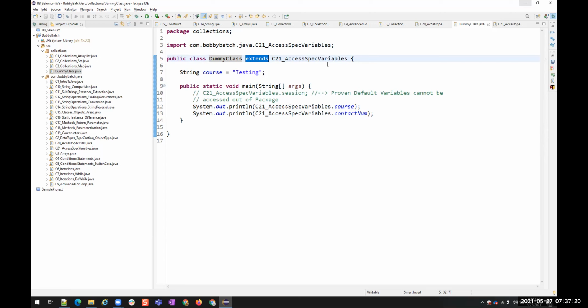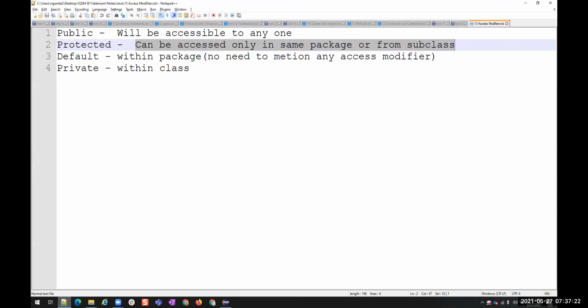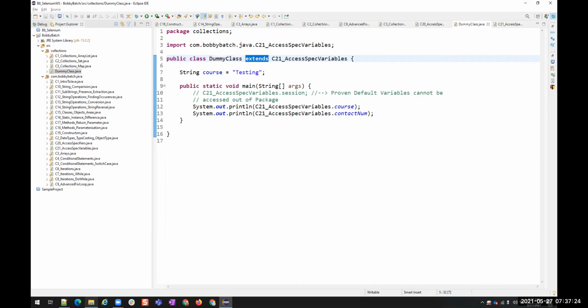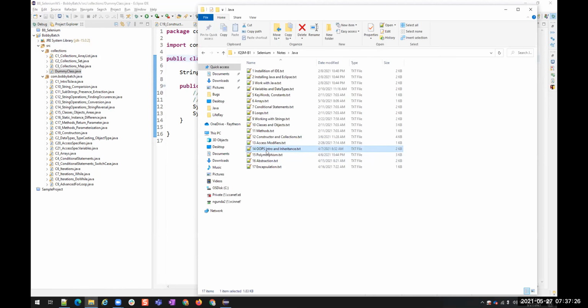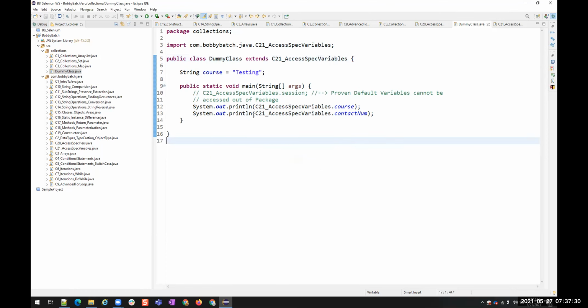Okay. We have the next topic in the notes, which is object-oriented programming. First, let us concentrate on these four things: public, private, protected, and default. Once they are done, then let us move into it. Don't worry, I'm not going to miss it. Just remember that this is a child class and this is a parent class.